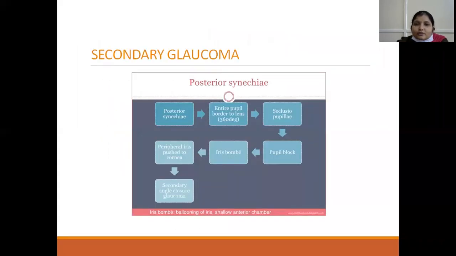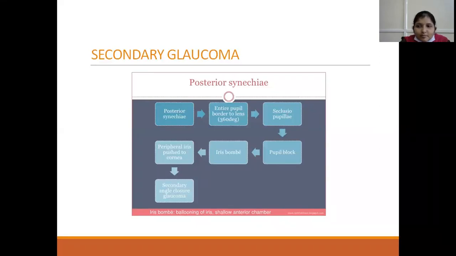So secondary glaucoma, as already mentioned, in early stages can be due to hypertensive uveitis. That is, the inflammatory cells clog the trabecular meshwork, drainage is blocked, leading to a rise in the IOP. And in the late stages, because of formation of annular posterior synechiae, there is difficulty in drainage of the aqueous humor from the posterior chamber into the anterior chamber, causing forward bulging